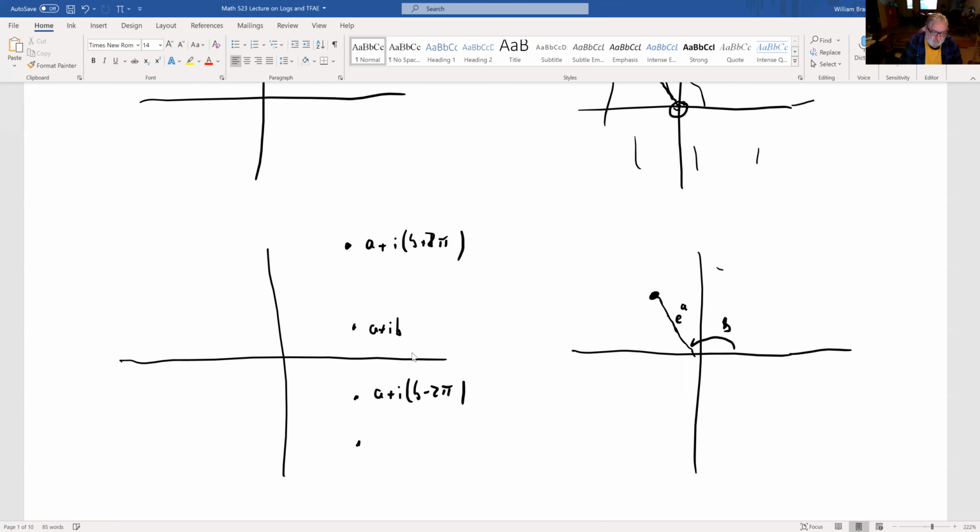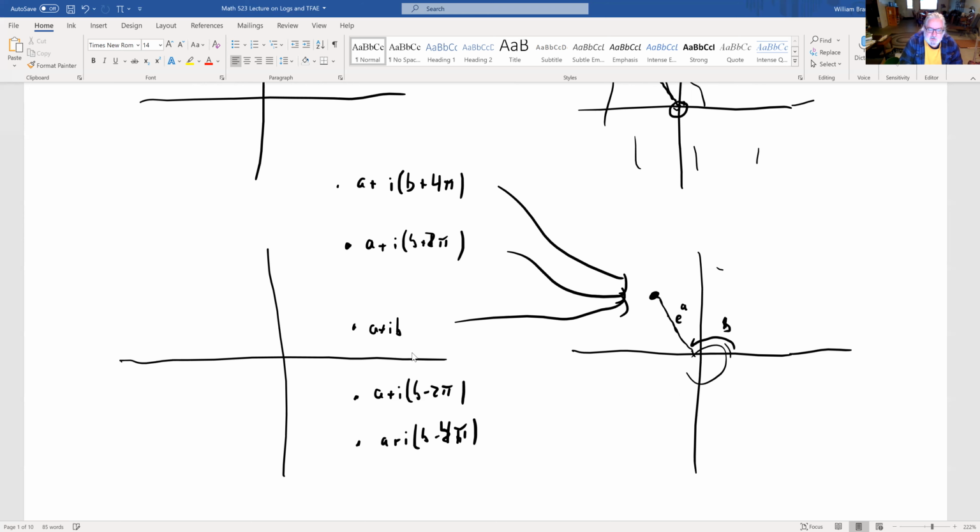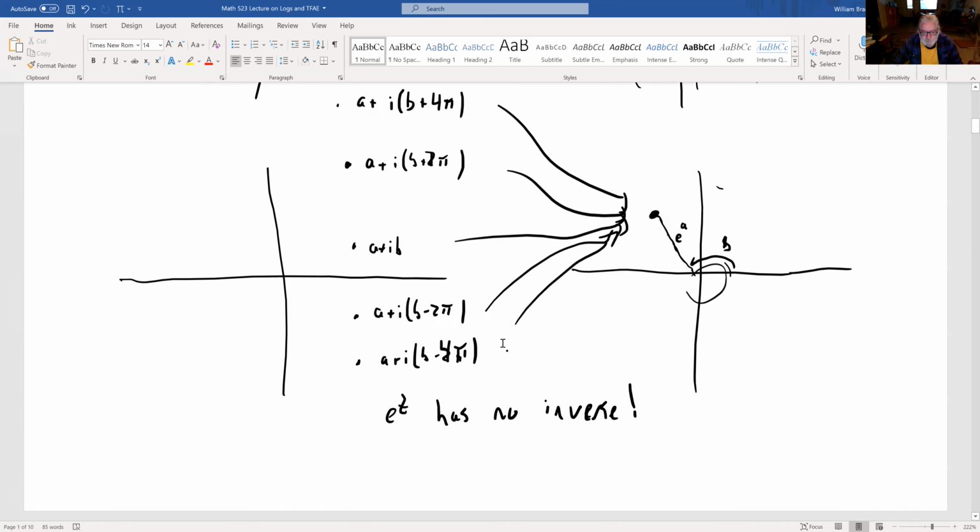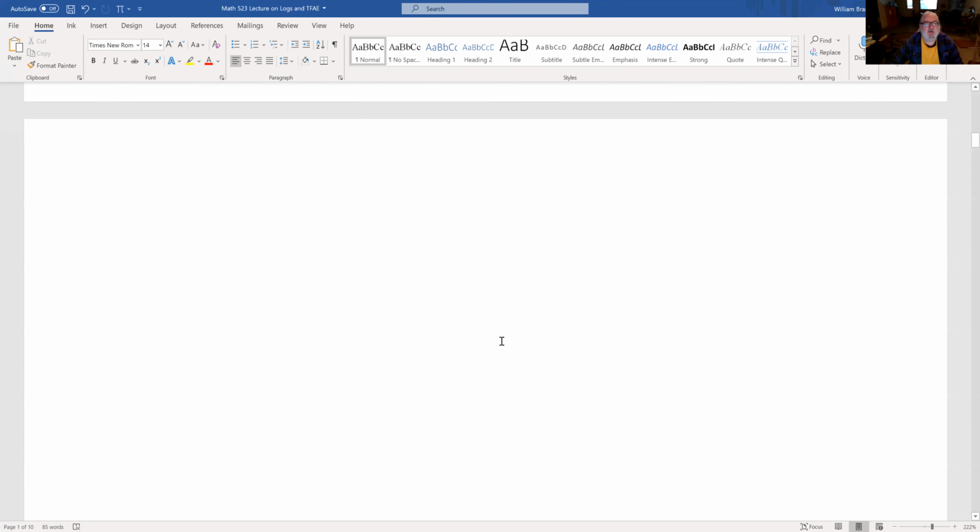Because every time I wrap around by 2 pi on the range, this is 4 pi, right? Every time I go around here by 2 pi, I pick up another point. And that corresponds to going up and down vertically in the domain. So all of these points get mapped to the same point. And the point is, e to the z has no inverse because it's not a one-to-one function. But it's not one-to-one in a very specific way. So one can actually sort of define an inverse